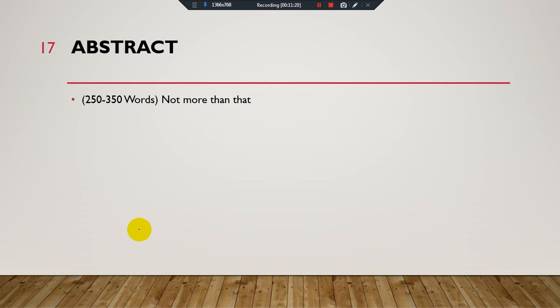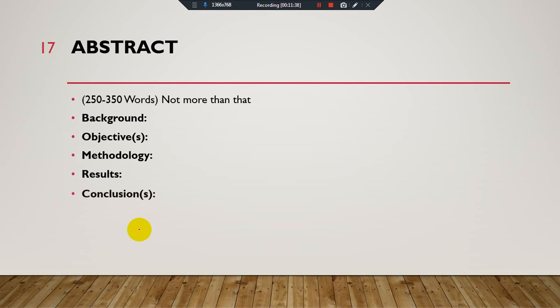What are the main components of abstract writing? First you have to provide the background of the study in one sentence, in one line. Then you provide the objectives of the study in one line, in one sentence, and then you provide the methodology of the study, and then the results of your study, and then the conclusions of your study in one line, in one sentence, because you are bound to complete your abstract between 250 to 350 words.